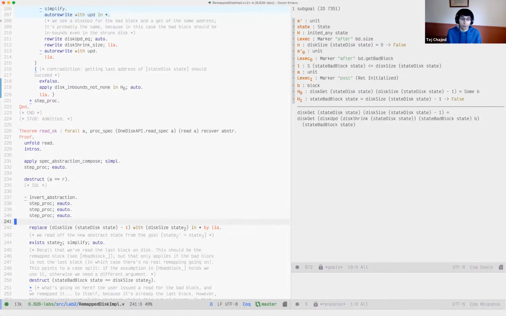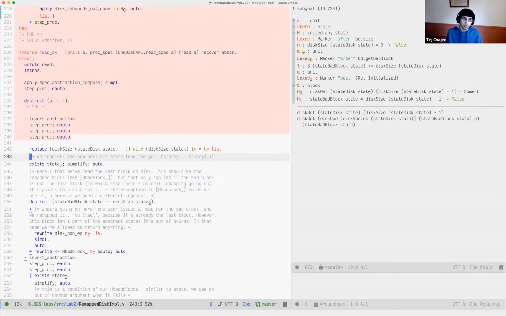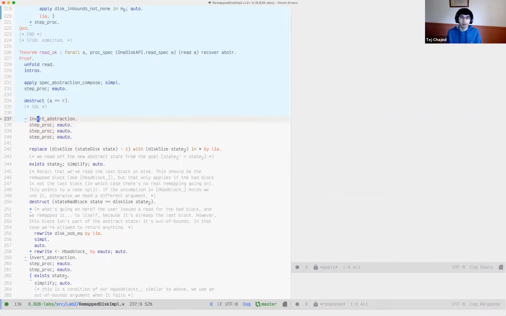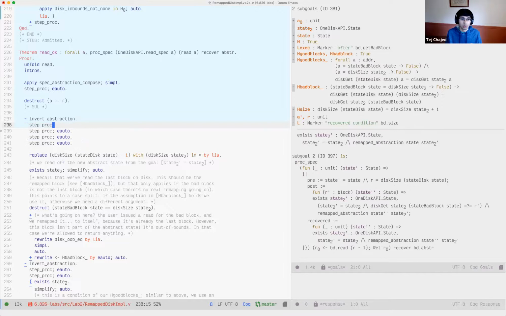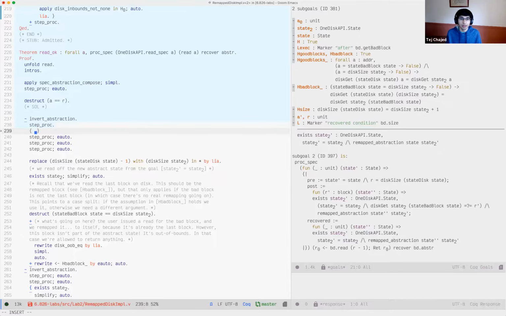which is just a little bit of the read proof. So the read proof is a bit longer than the init proof. So in order to avoid getting lost, one of the things that we're very careful to do is I try to avoid step procs resulting in very deeply nested bulleting. The way that I do that, there's two ways you can do that. So if you don't want to use this semicolon chaining, or if it doesn't work, then what I do is